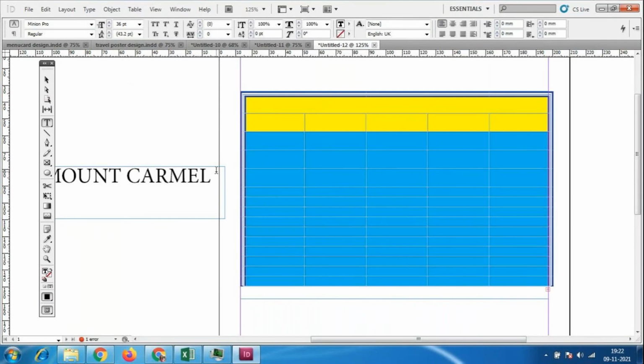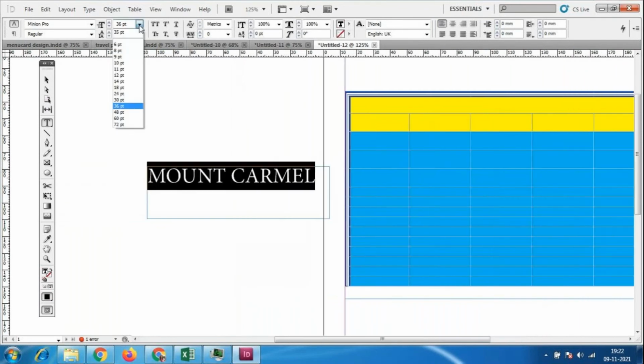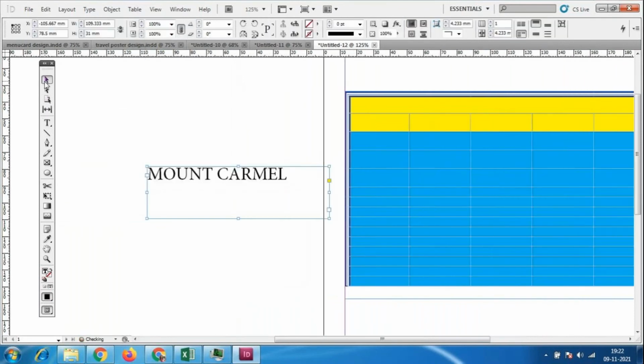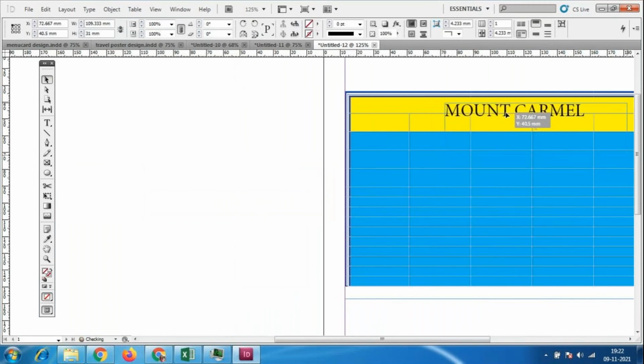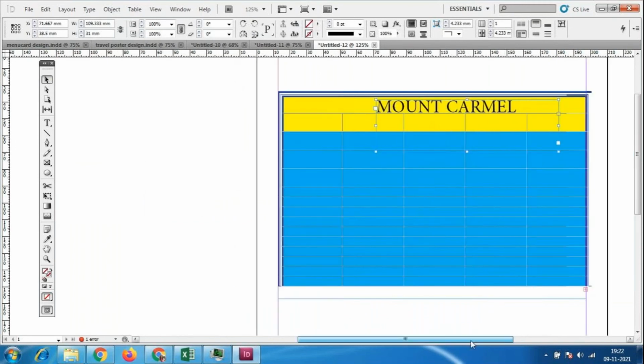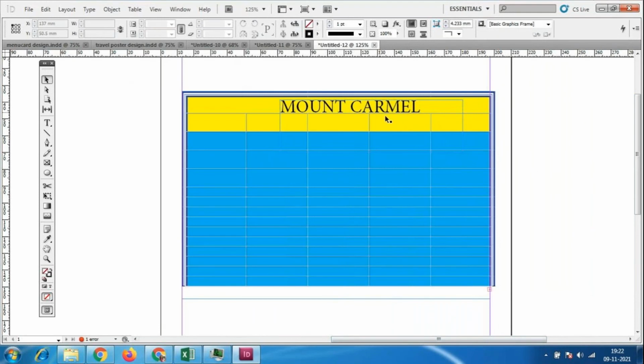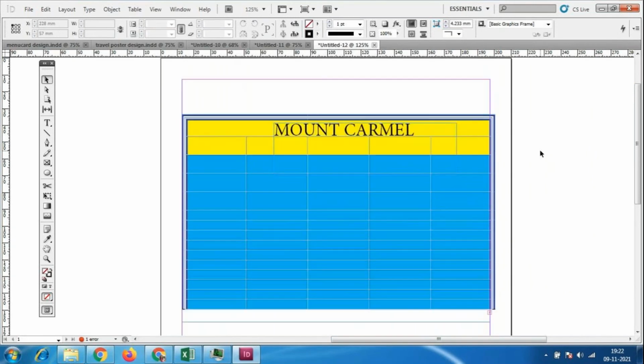So how much size do we want? I'll just keep it 30, and I could give the text like this. Here we could add the student name, roll number, all this information we could add. And here we have an option.